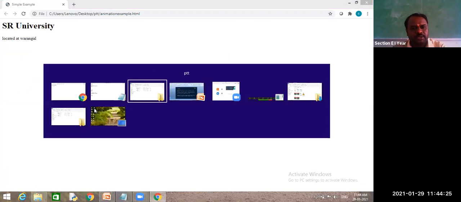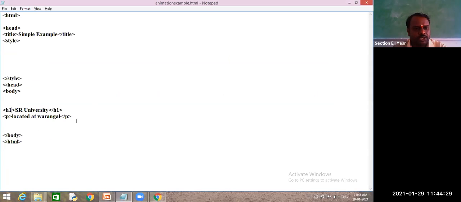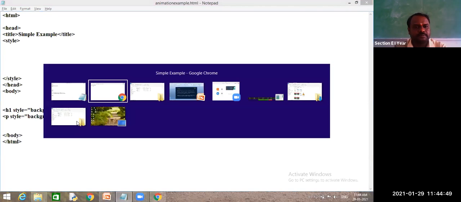Now I want to give a green color background to these two lines. So what you did previously, you have written style as background color as green, and the same color you have given for this paragraph also. But how has it displayed?